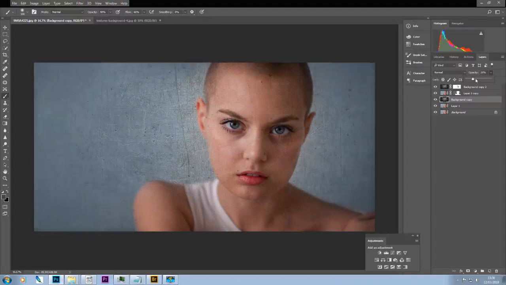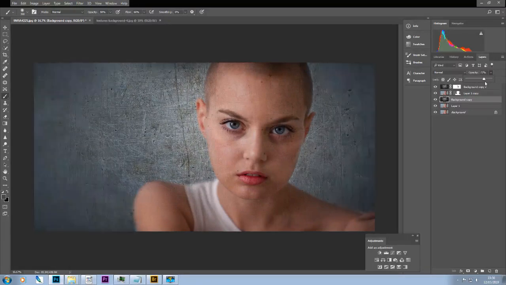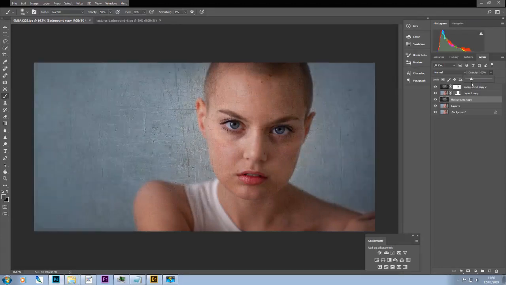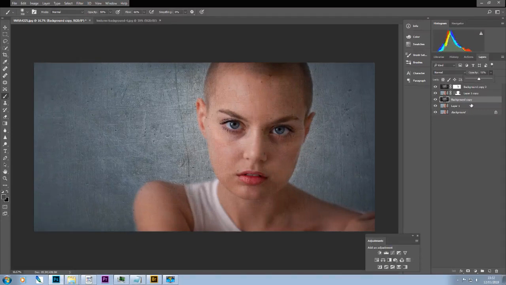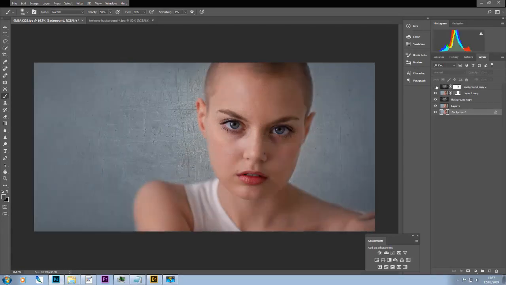this is the original background layer. We could decide that we'd like to pull that right back and have much less of the background texture. And it's really just a purely subjective, personal taste thing. But perhaps at about that point, say around 50, I think that's quite nice. We've got an effect which